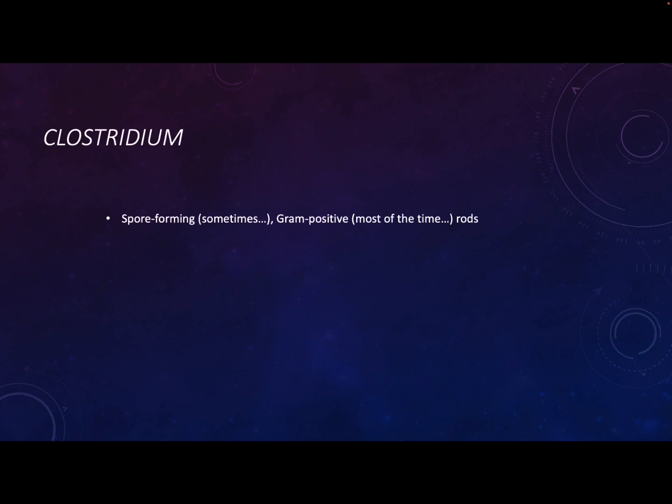Gram-positive, and you see here I put "most of the time." It's not that they don't have the right organization. It's just that sometimes when you do the staining, because of the different properties of every individual species, they may not always look as deep purple as you expect from a gram stain. But they are organized like a gram-positive bacterium. They have the thicker layer of peptidoglycan. They have the single membrane, right? And they can form spores. So that's what's pretty important.